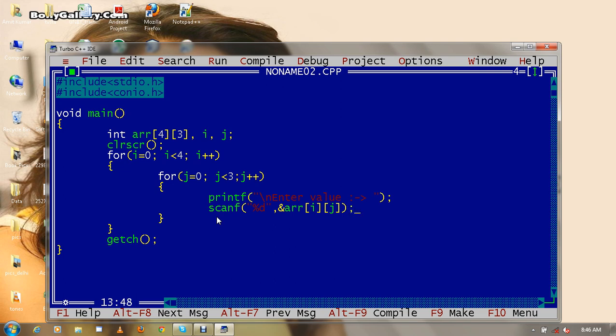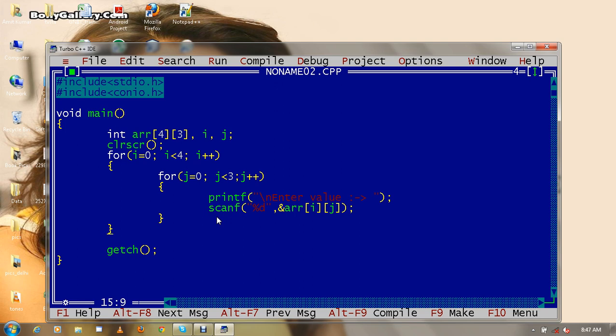And while accepting the values also, we will not specify a single index because here it is a two-dimensional array. I have also explained it with your example, with your diagram, that every time you want to accept a value for a cell, you have to specify the index of rows and columns. So with the first square bracket I am specifying the row, and with the second square bracket I am specifying the column. For the first run it will store the value at the 0, 0 location.